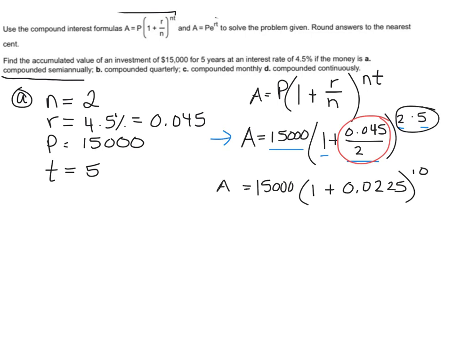Now we have A equals 15,000 times (1 plus 0.0225) raised to the 10th power. Next, we'll add 1 plus 0.0225 together, and we get 1.0225. Now we'll take that value and raise it to the 10th power. And we should get